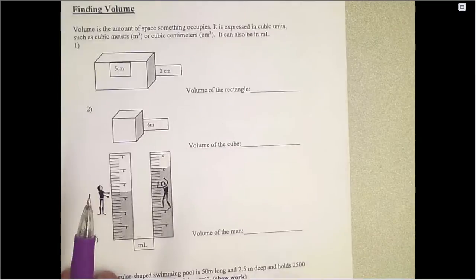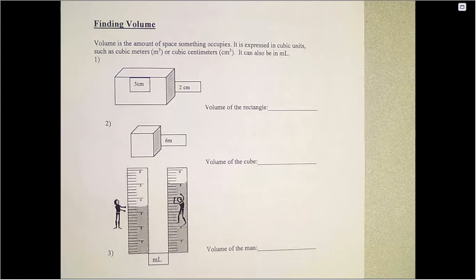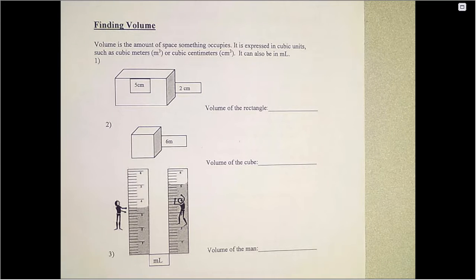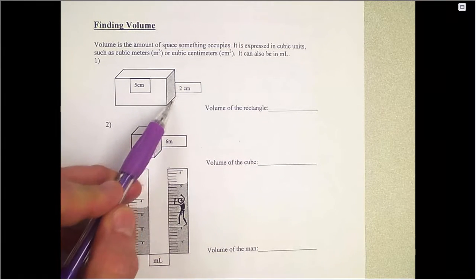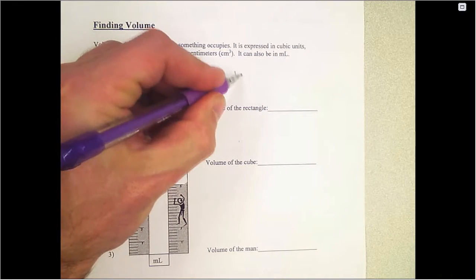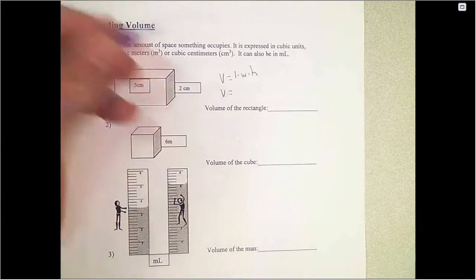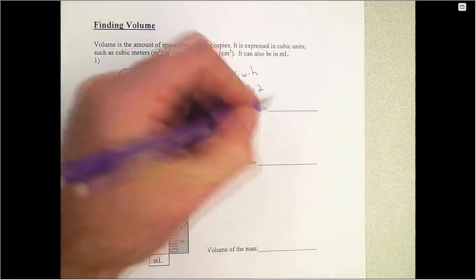On the back side of the page, you needed to find the volume, just a little math review, finding the volume of regular shaped objects and irregular shaped objects. If you have an object that you can measure the length, the width, and the height, you can simply multiply those three dimensions together to find the volume. In this one, you have a 2 by 2 by 5. So I would do volume equals length times width times height. Volume equals 5 times 2 times 2, and I would get a volume of 20